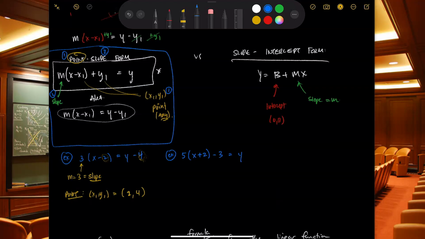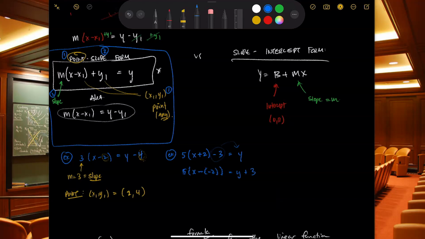Well, what do we know? We know that this is usually x minus 2, and we see an x plus 2 here. So what we can do is a little bit of a rewrite and say, well, this is really x minus negative 2. And this minus 3 over here, if we scoot it to that side, this is y plus 3,